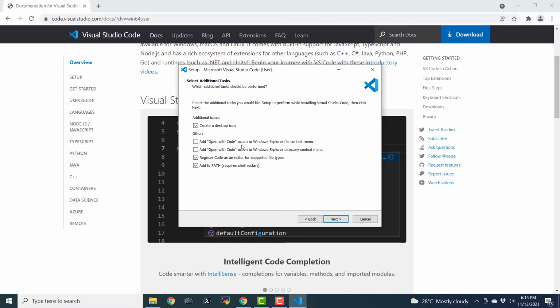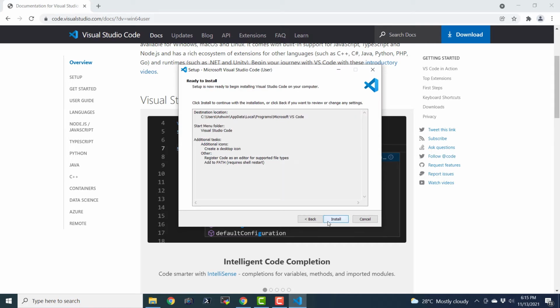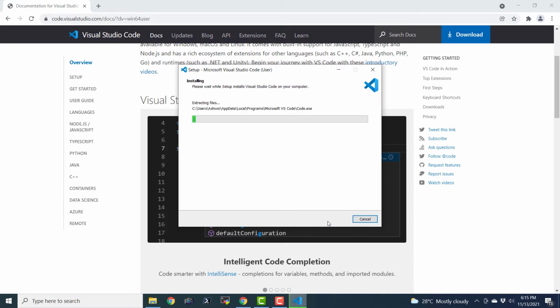The two boxes that I'm leaving out are add open with code action to Windows Explorer file context menu and add open with code action to Windows Explorer directory context menu. So it means that whenever we right click, it is going to show both these options in the menu. And we really don't want very long menus. That's why I'm not checking these. So let me click next.